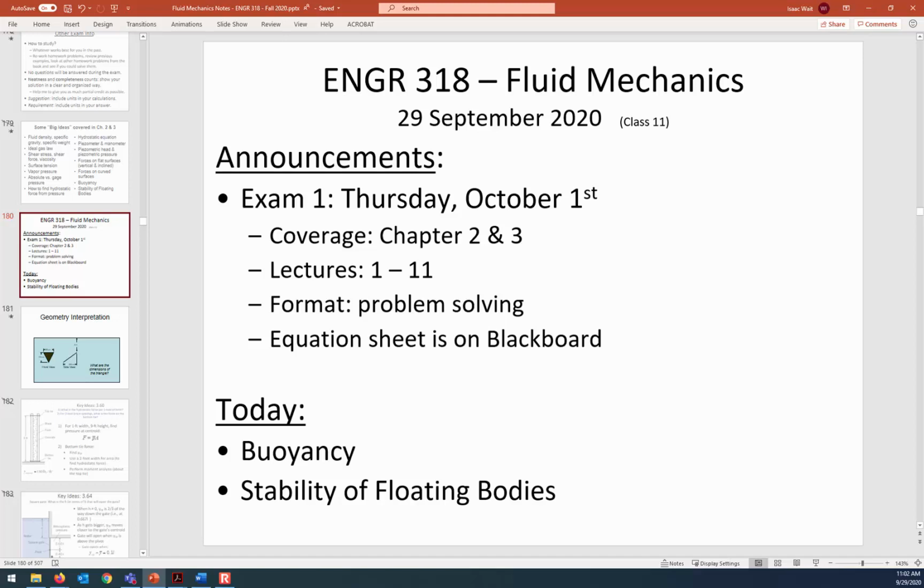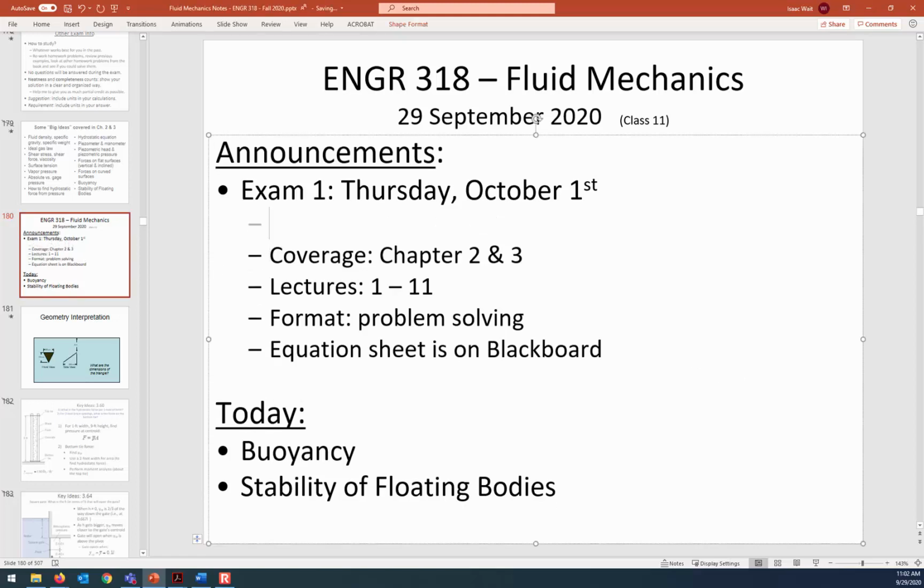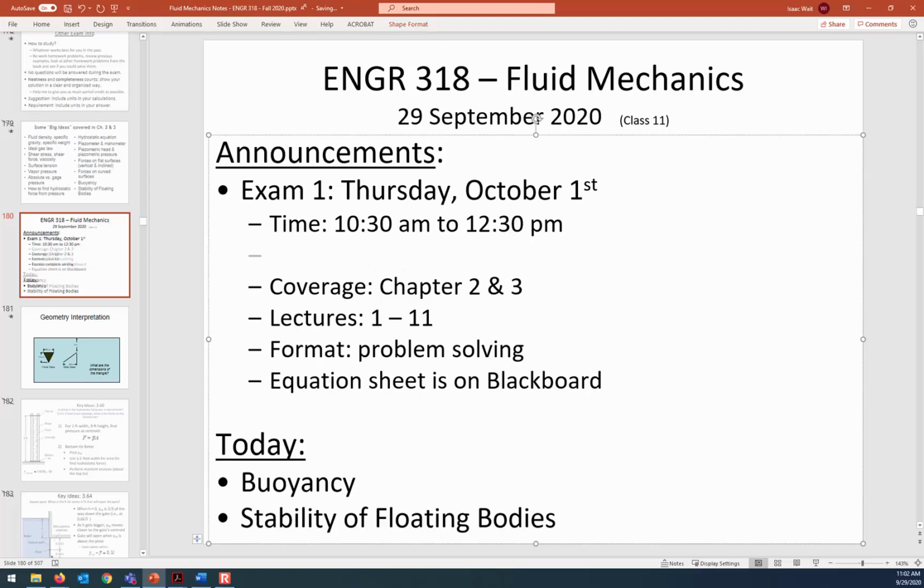But the thing that I wanted to carry over from the previous slide is that the time of it is from 10:30 until 12:30. So I guess I can just type that in now so that you've got it in your ears and in your eyes. Time, 10:30 a.m. to 12:30 p.m. So you'll have a 2-hour block that it's available, but